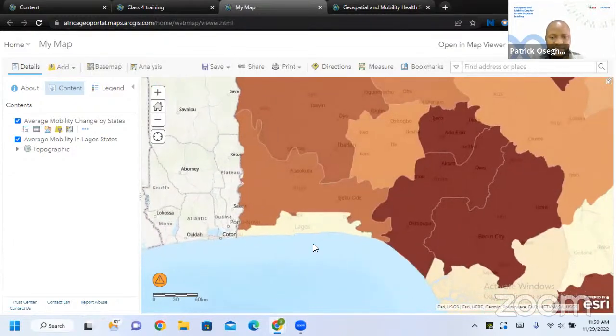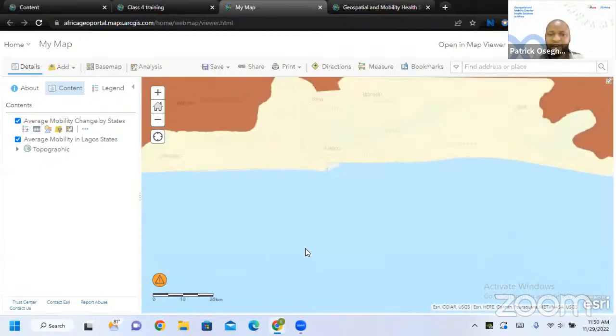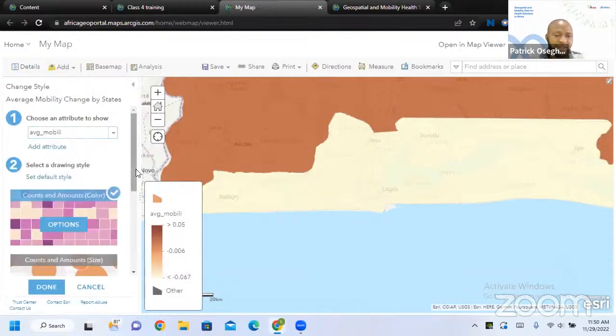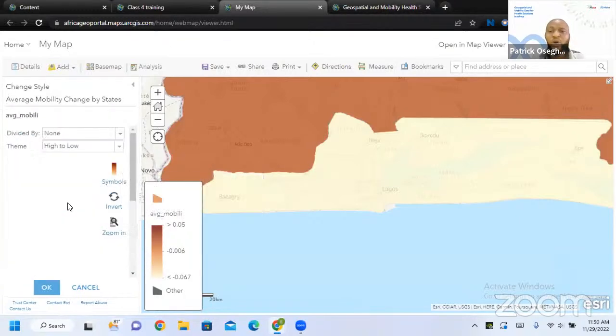We can't see it anymore, but then what do we do? I also have to show it. I want to do some styling here so that you know that you can put more layers on your map and you can drill down. So for this particular one, I will just go back to my formatting, my styling, and you see how I will make one not visible and the other one visible.